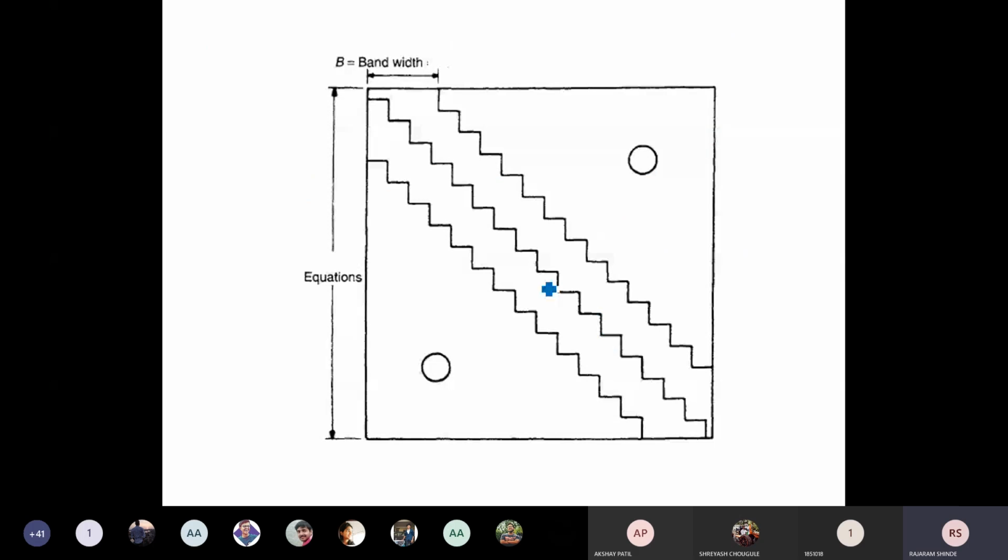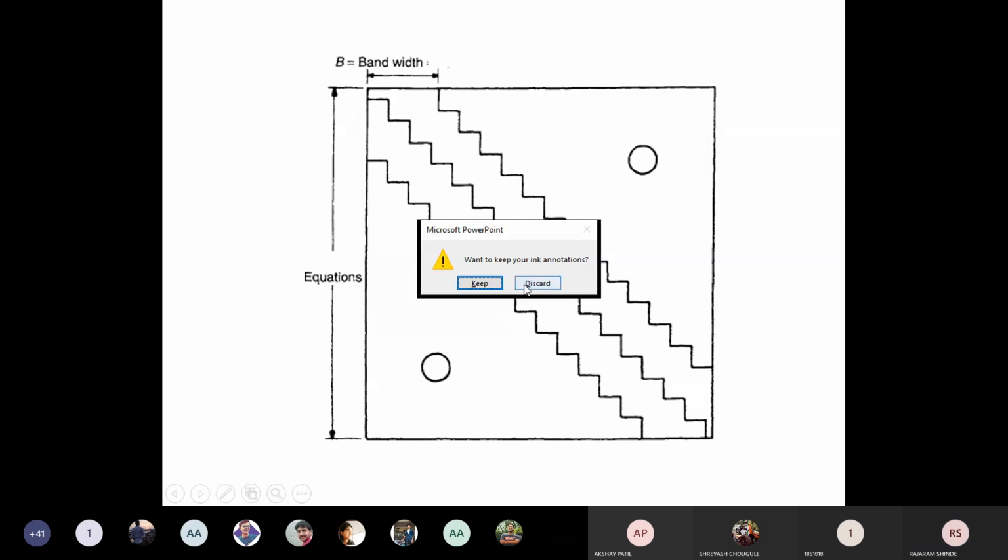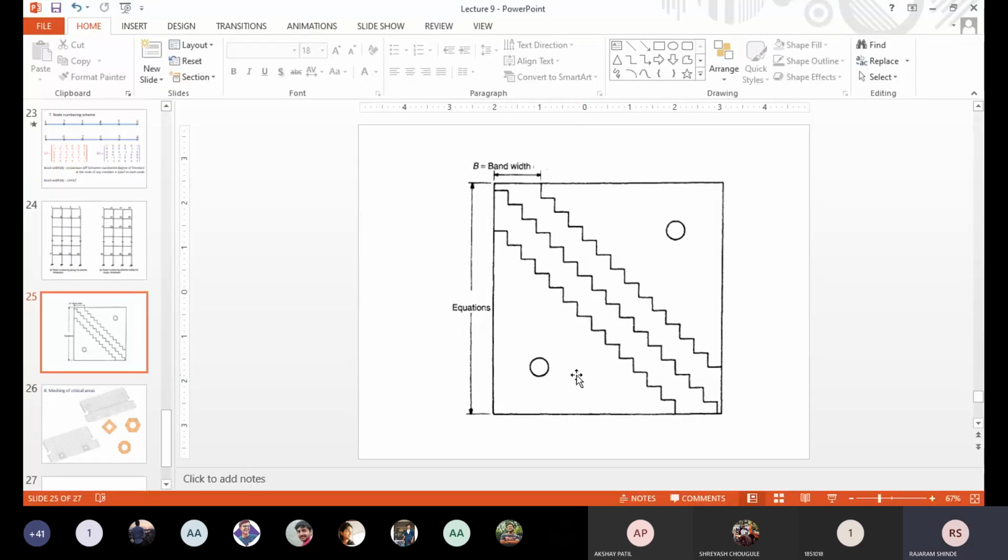Now your first unit is over. If you have a doubt, you can ask me. On the last 2 slides, I think there may be doubts. One more concept is here.